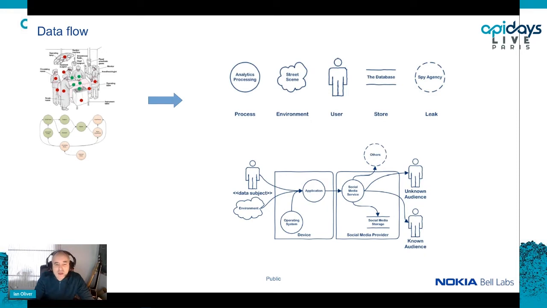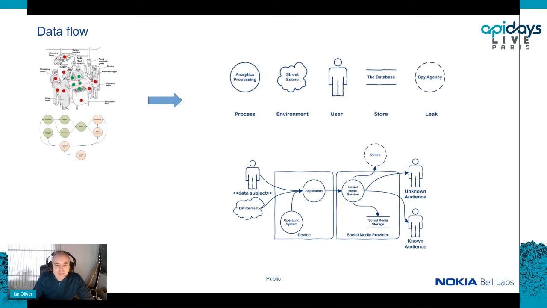It flows into processing elements, which might be very high-level things such as the application you develop, and we could talk about where other information has come from, say from the operating system. We could put boundaries around this to say, okay, this stuff is on the device, this stuff is in the cloud, and then we could show where the information is flowing. So there's a very simple, and actually below is the generic template for a lot of the models we built. What we were able to do with this is then have a proper conversation about what information was flowing